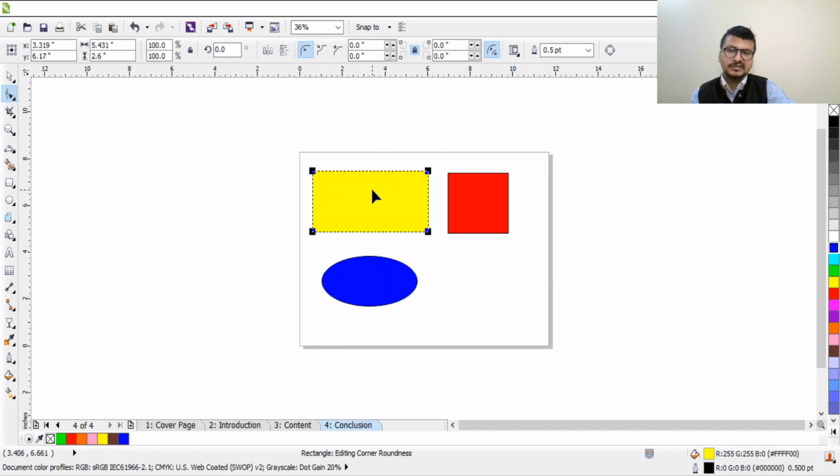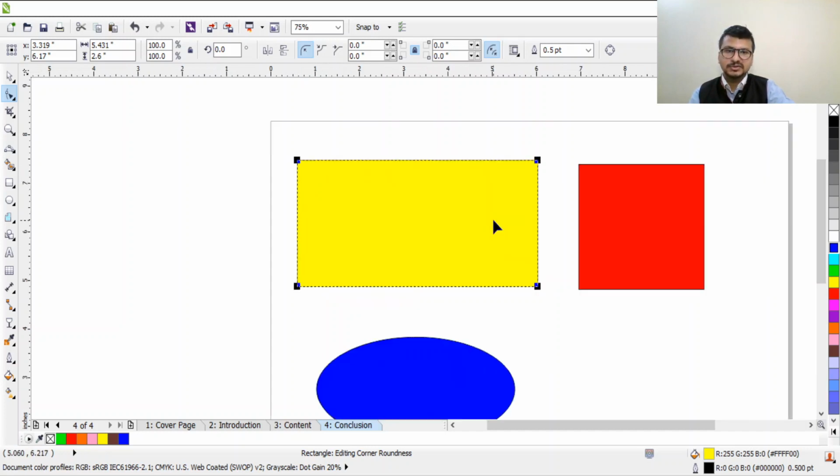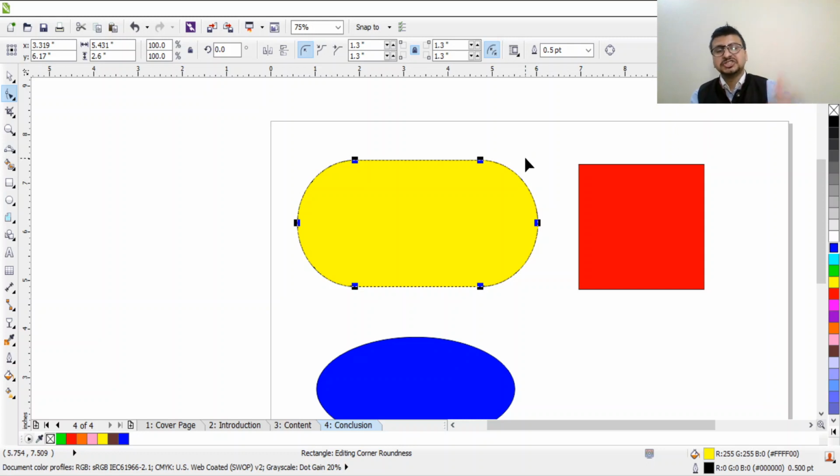I have selected this rectangle, and when I clicked on the shape tool, four nodes were created automatically. Now let's zoom in on this shape, and you can see if I click on any of the nodes and press inside the shape, it will become something like this. We can change the shape and give a new shape.